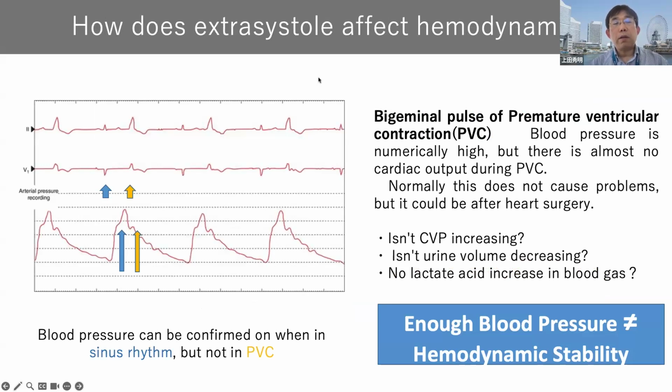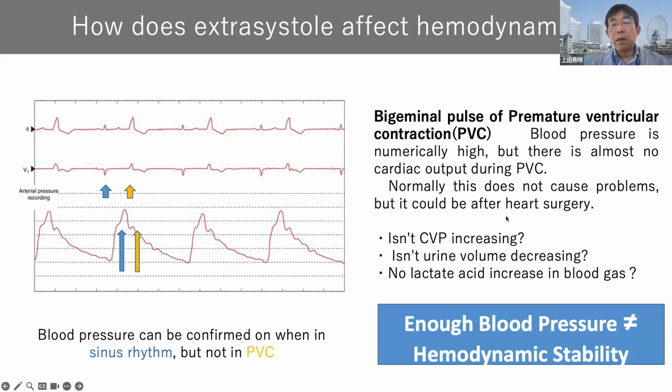So how does the extrasystole affect hemodynamics? The bigeminal pulse of premature ventricular contractions. The blood pressure is not very high, and there is almost no cardiac output during the PVC. Normally, this doesn't cause any kind of problem, but after open heart surgeries, we have to